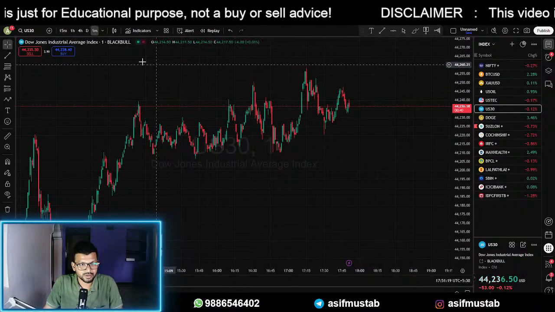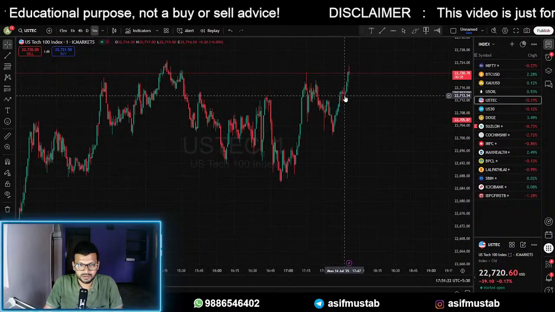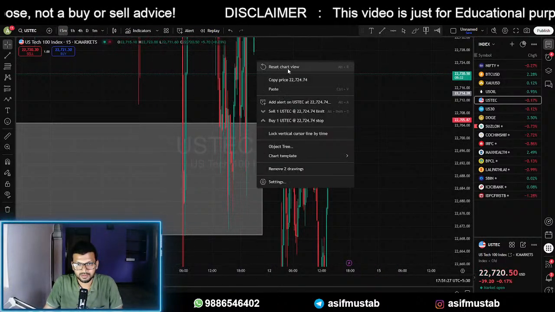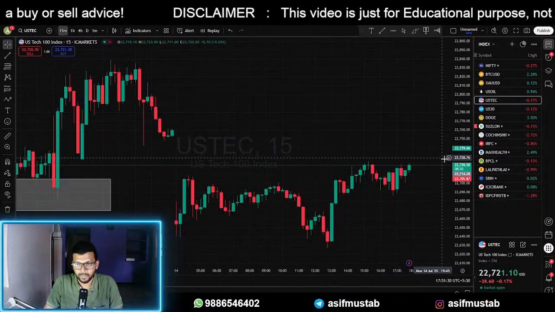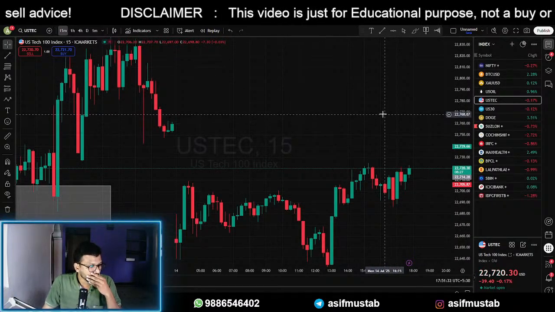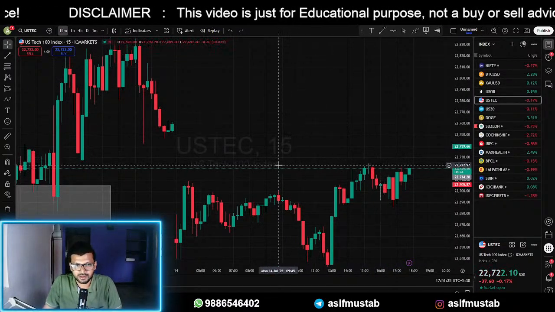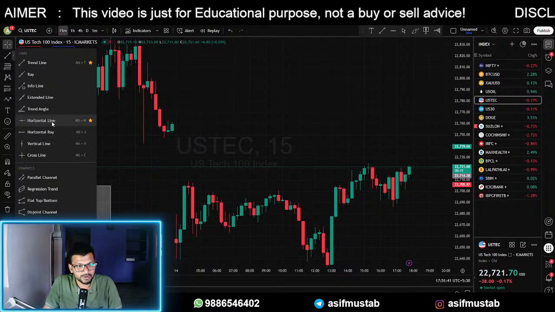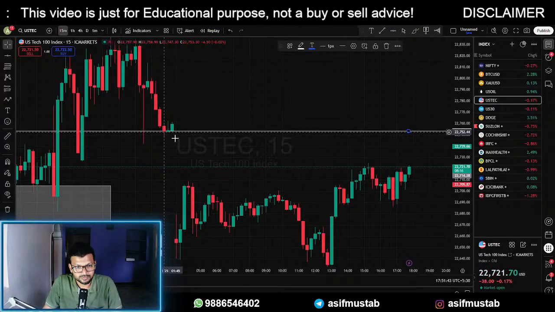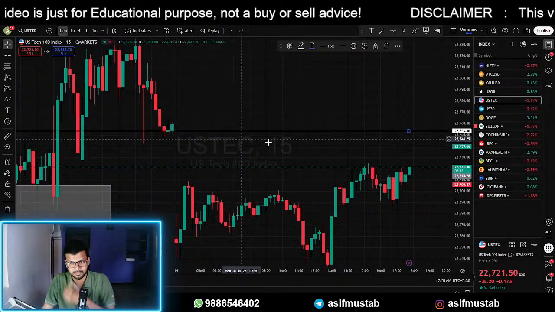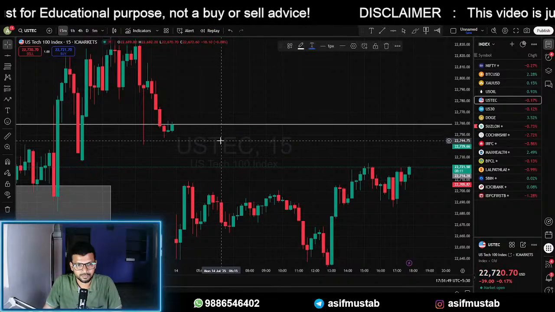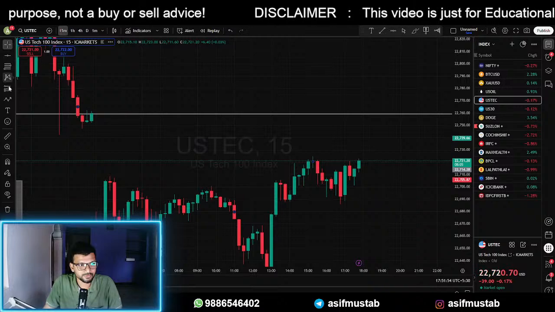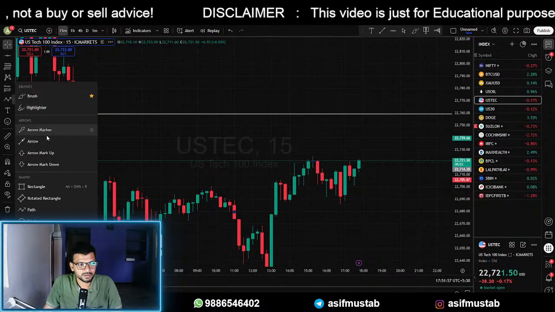I think US30 is in sideways. We don't need to trade on this asset. Here we can plan for selling US Tech, because multiple resistance has been taken from this 22,720, and also there is a gap over here, so this might fill under any condition. This gap might fill up if this resistance breaks.